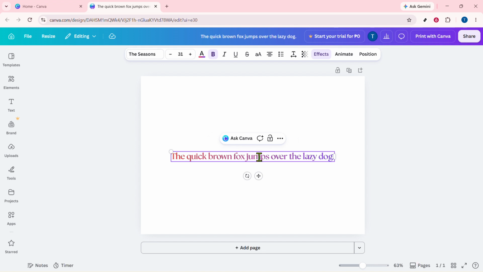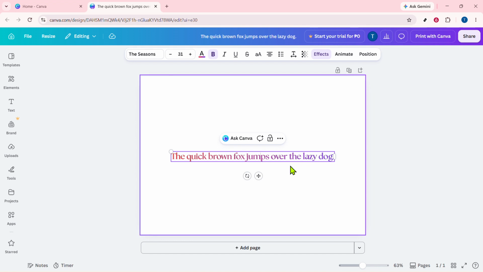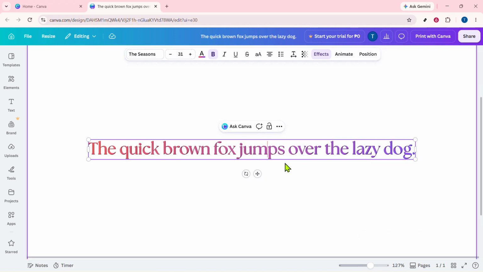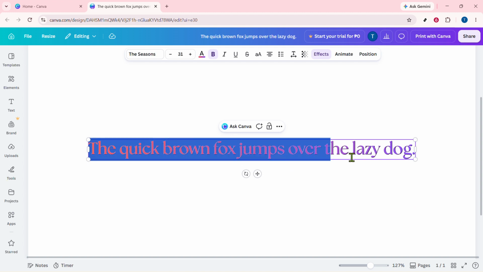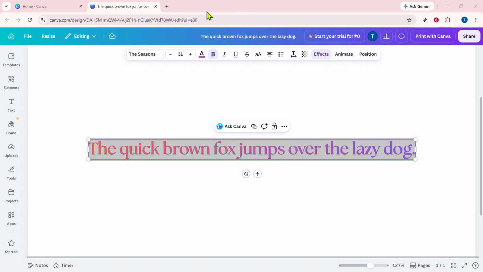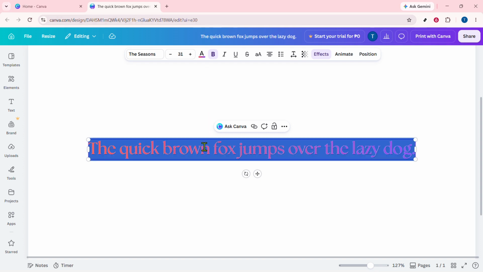To begin, open your Canva design and locate the text you want to edit. Once you find it, click directly on that text box to select it. This tells Canva that you want to work with that specific text element, rather than the background, an image, or another object on the page. Make sure the correct text box is highlighted before moving on, especially if your design includes multiple text sections close